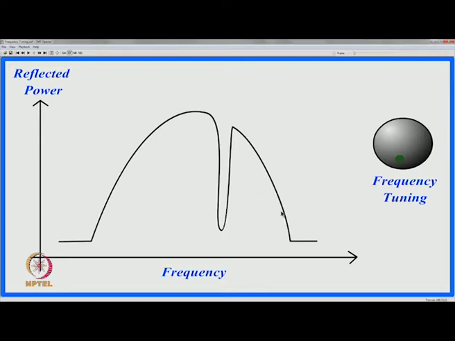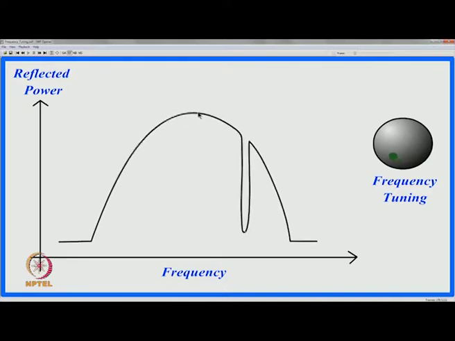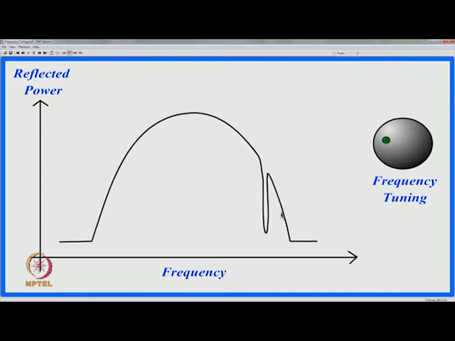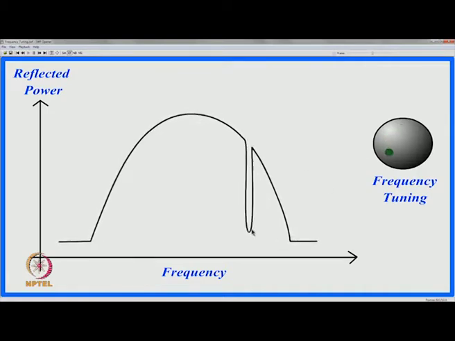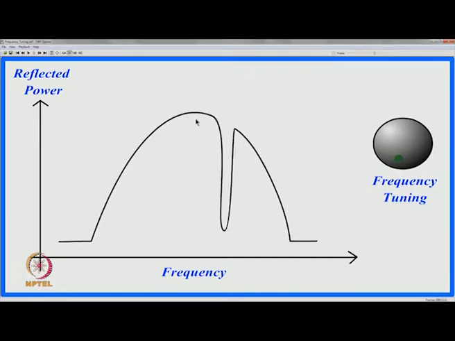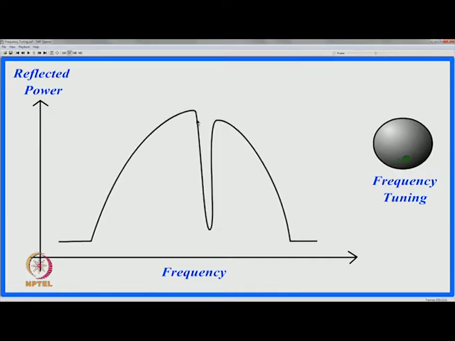So, we could in principle work anywhere in this profile here, but what is done is that we try to get the maximum microwave power out from the klystron. So, we try to work at the top of the mode. How to do this? Let us say it has gone all the way down there. So, you have to go back and then try to bring this cavity dip, as it is called, to the peak of this, somewhere here where the maximum output comes, approximately here. So, this is the place I must keep the klystron frequency.